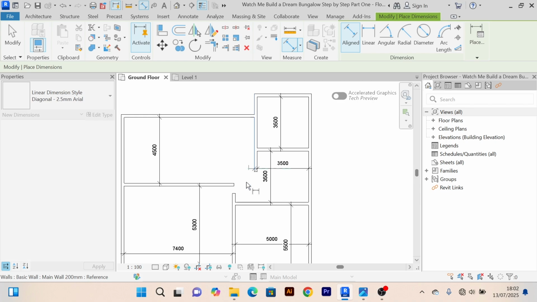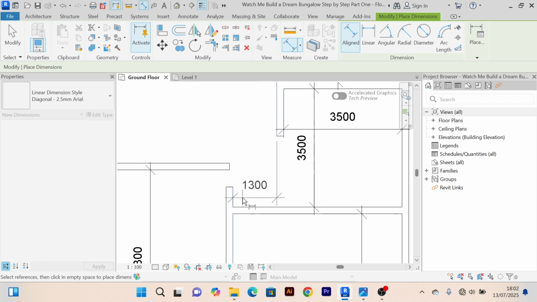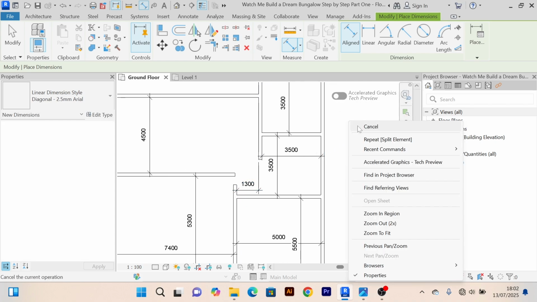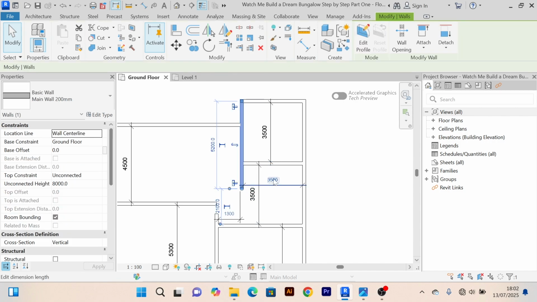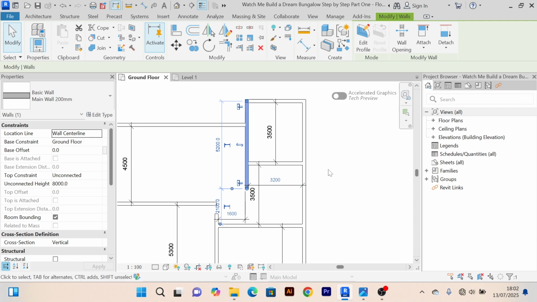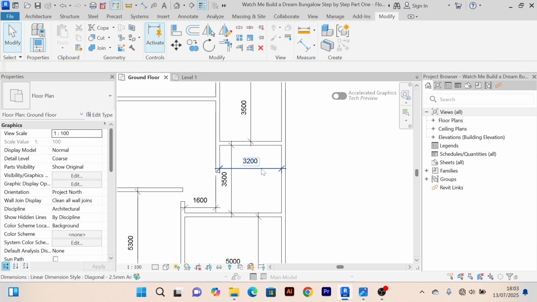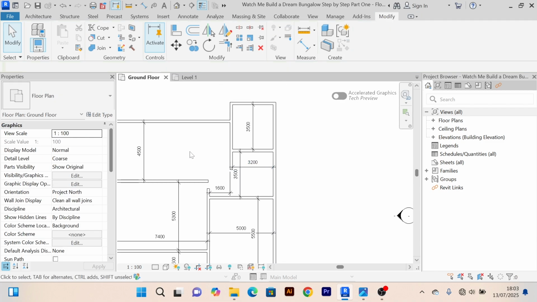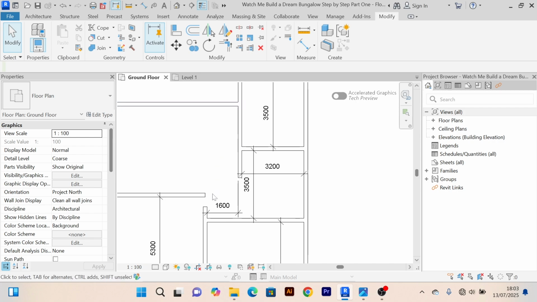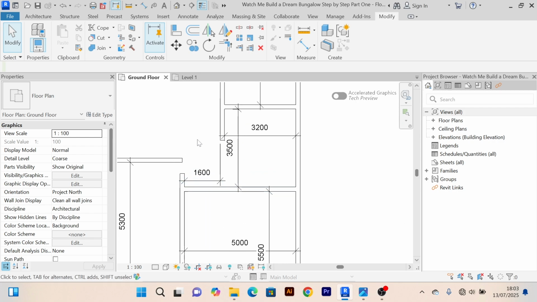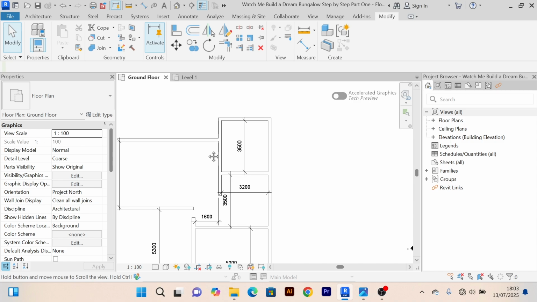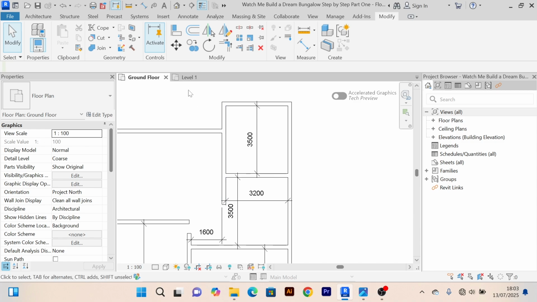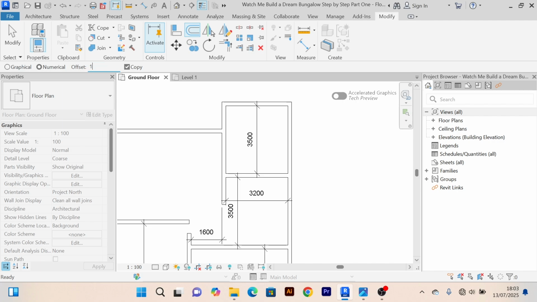So now if I measure with the align dimension tool, this distance is 3.3, so we're going to reduce this further to 3.2. So these rooms are going to be 3.2 by 3.5, and we're going to create another room here which is 1.6 by 1.6, and it will be the common washroom. So we shall offset this wall. We come to the offset, which is OF. We shall offset 1.6,